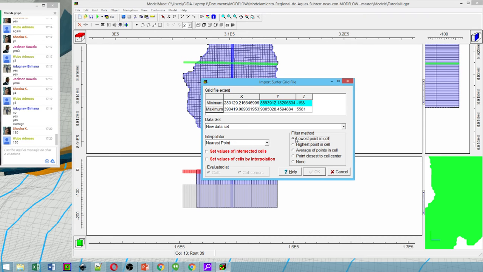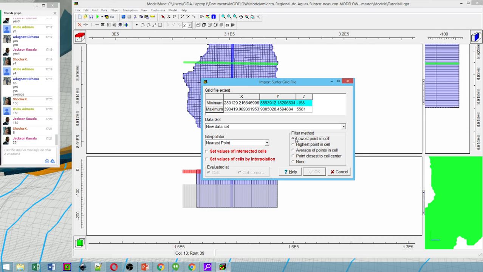It is 150, and then we are doing a model that has a raster. AsterDEM has a raster resolution of 30 meters. So imagine how many points of the raster of the AsterDEM we will have in one cell of our model. 25, is that right? We will have 25 points defining elevation in only one cell, and this filter method is